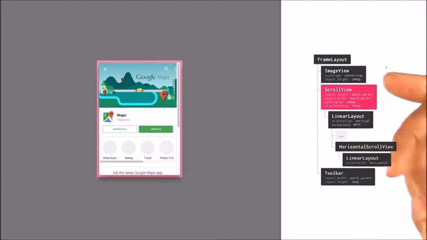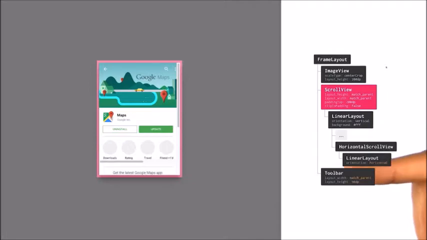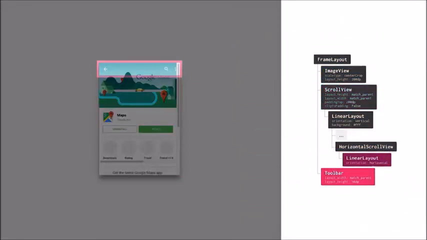Next is a scroll view, which contains a vertical linear layout, because we want this to appear in front of the image when scrolling, but behind the toolbar. The linear layout itself has a white background, but it's offset by 200 dp using top padding on the scroll view. This makes the image visible behind it, but as you scroll, the image becomes obscured by the scroll view's background. The final child of the frame layout is this toolbar, which sits on top of everything else with a